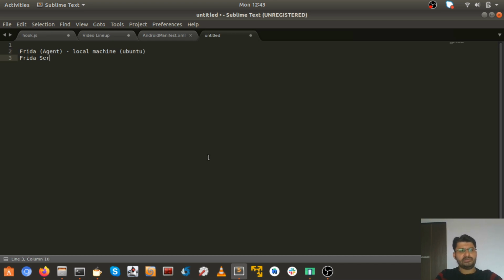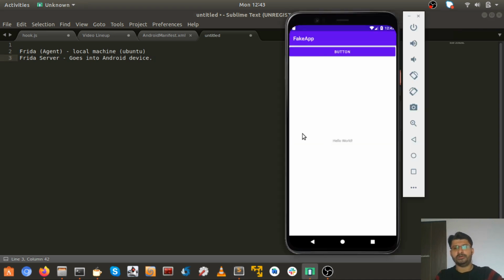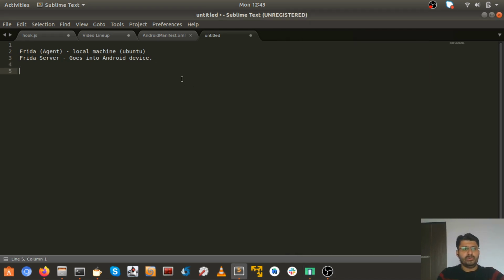Second is the Frida server that goes into the Android device, and in our case we have this emulator that is running right now. Once the setup is done, we can send JavaScript loaded into the Android server via the agent, and it will do its magic.